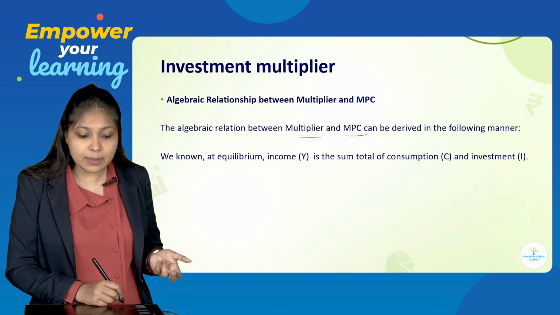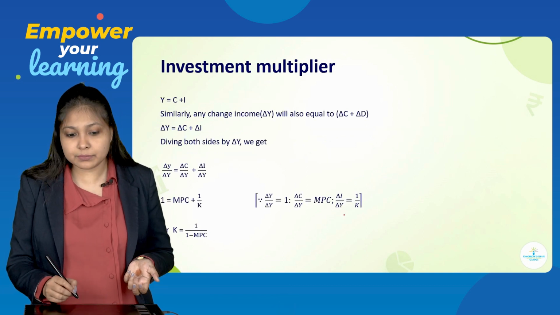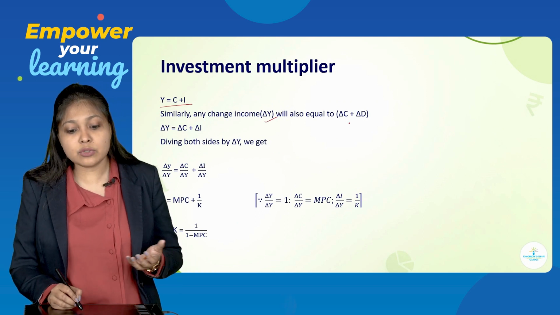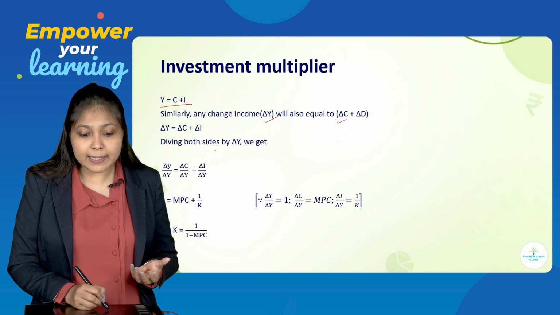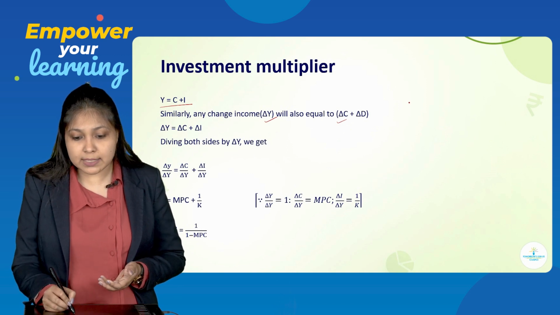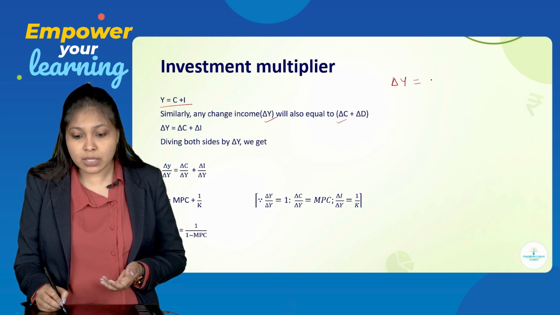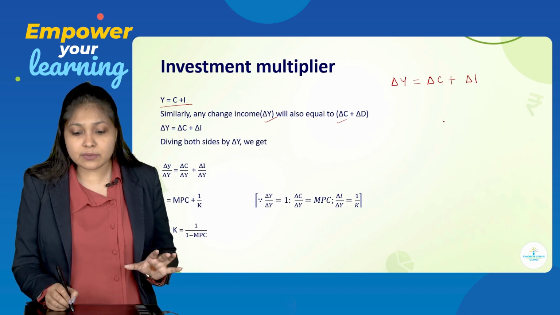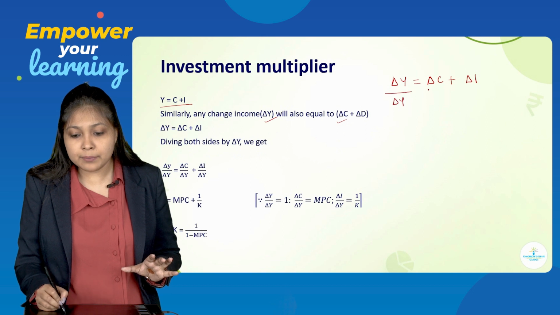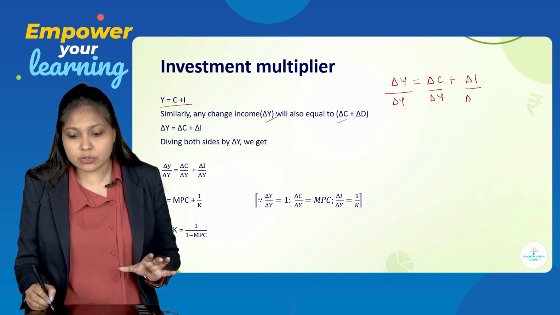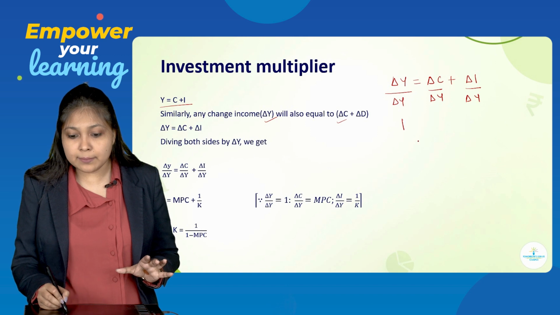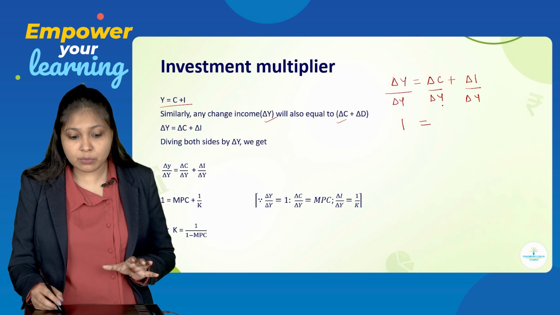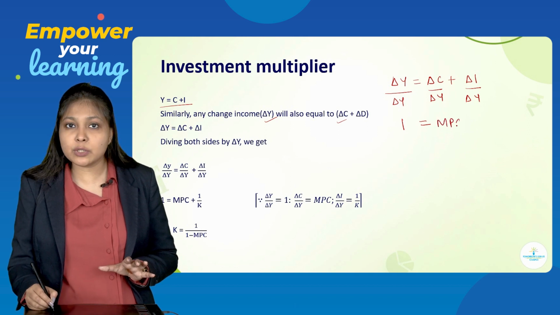Y is equal to C plus I. Similarly, if there is any change in Y, there will also be change in C. So, change in Y is equal to change in C plus change in I. Now, we will divide all the sides by change in Y. Change in Y upon change in Y is 1, which is equal to change in C upon change in Y, which is nothing but marginal propensity to consume,